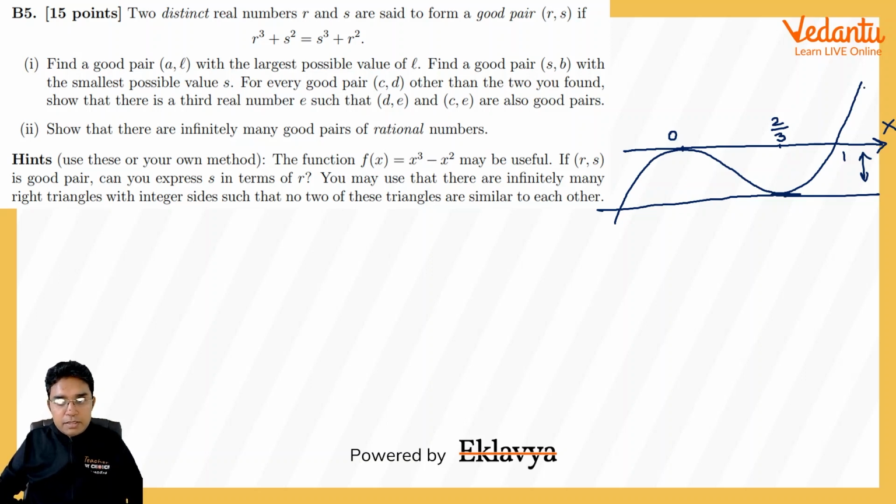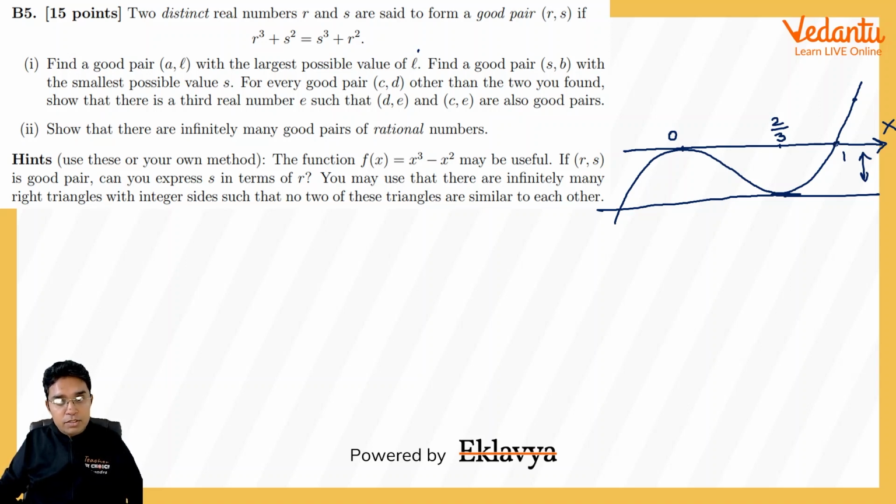But after this or before this, there is no value of function f(x) that is getting repeated. So any good pair, whatever we can get, it will be within this. To get a good pair (a, l) with the largest possible value of l, I think l has to be 1 here, because this is the largest number where we are getting